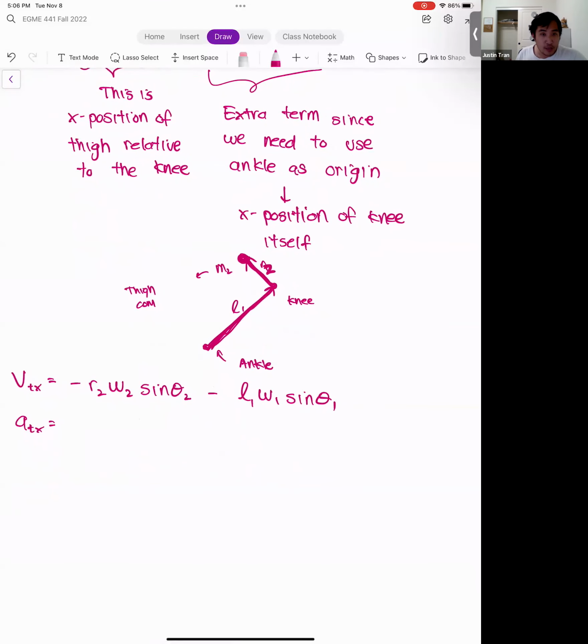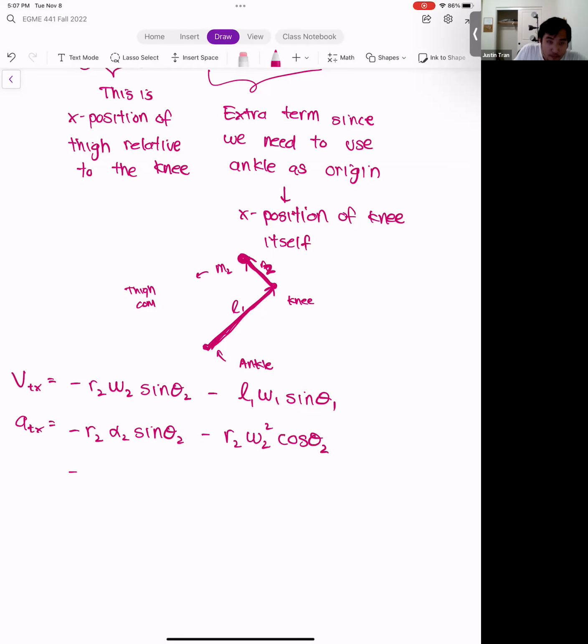So that's what you get after taking the derivative with respect to t once. Okay. And then we're going to take the derivative again. And once again, we need to do product rule on both of these terms. Okay, so both of the terms are going to need product rule. And so overall for the acceleration, we're going to have four terms overall. Okay. All right, so let's get to it. And so we have minus R2 alpha 2 sine theta 2 minus R2 omega 2 squared cosine theta 2. Okay. So we have derivative of the first times the second plus the derivative of the second times the first.